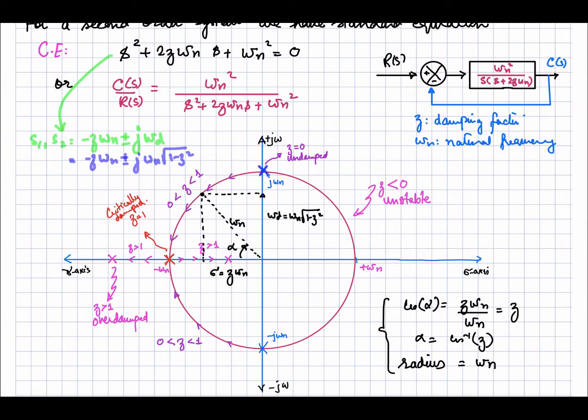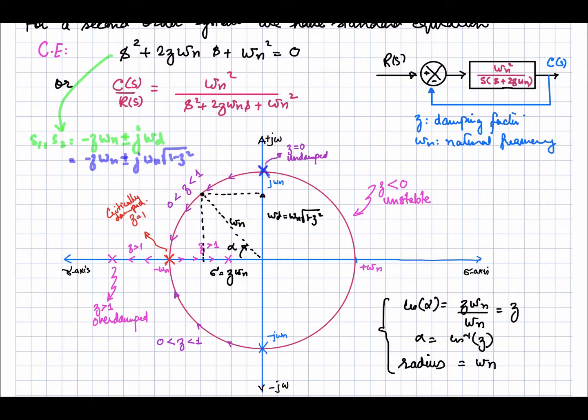And once we increase zeta above 1, these poles start moving on the real axis, right? So these are the two poles, one pole is over here and the second pole is over here. When zeta is greater than 1, our poles move over the real axis. When zeta is between 0 and 1, our poles move over this circle, right? Starting from here, when zeta is equal to 0, they are at this position, and if zeta is increased, once it becomes 1, they will come to this position, but if zeta is between 0 and 1, our poles will be over this circle.